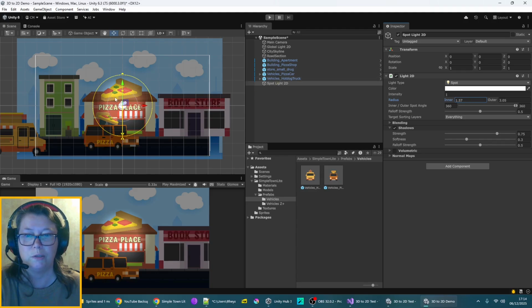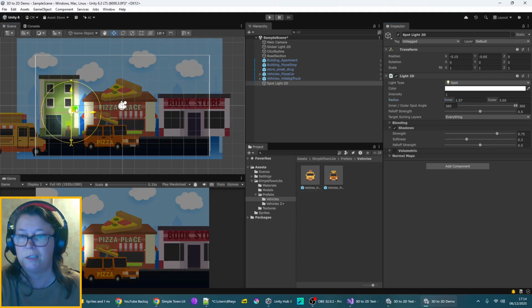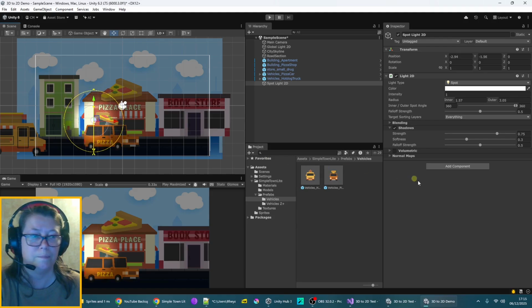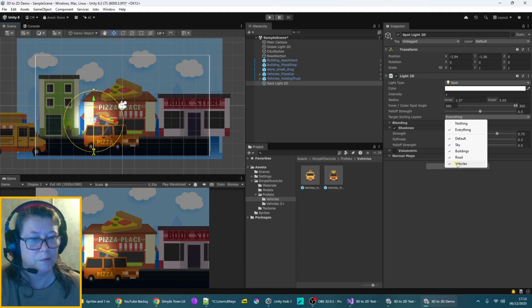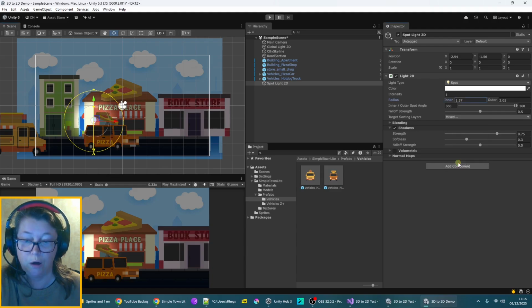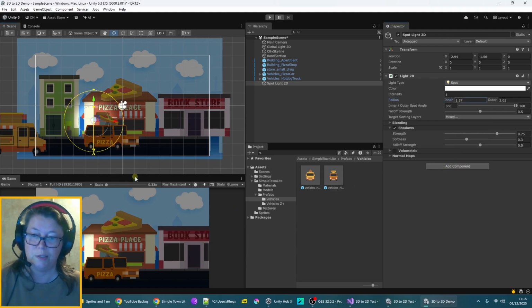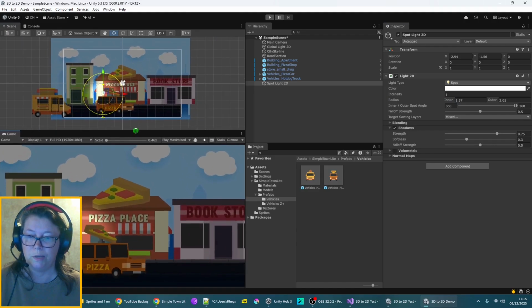And what I'm going to do is put a couple of these lights just like on the pizza place, really. So I'm going to put one here. And what I want is on the target sorting layers, I don't want the vehicles lit. So I'm going to take vehicles off, and notice, so if I do that again,